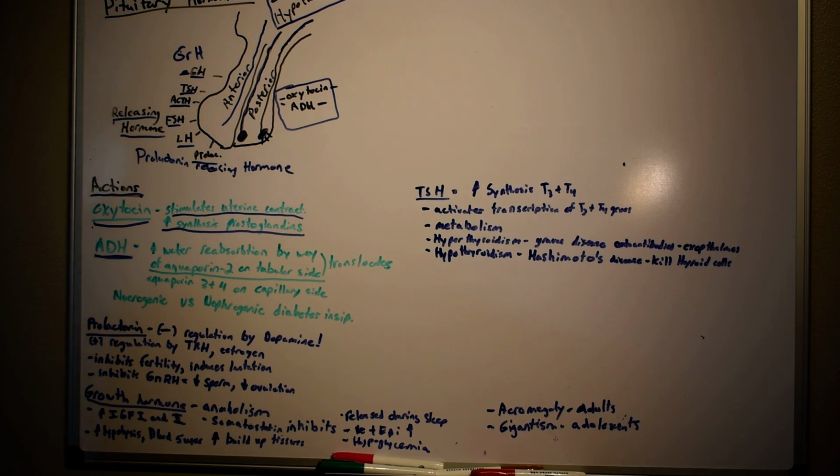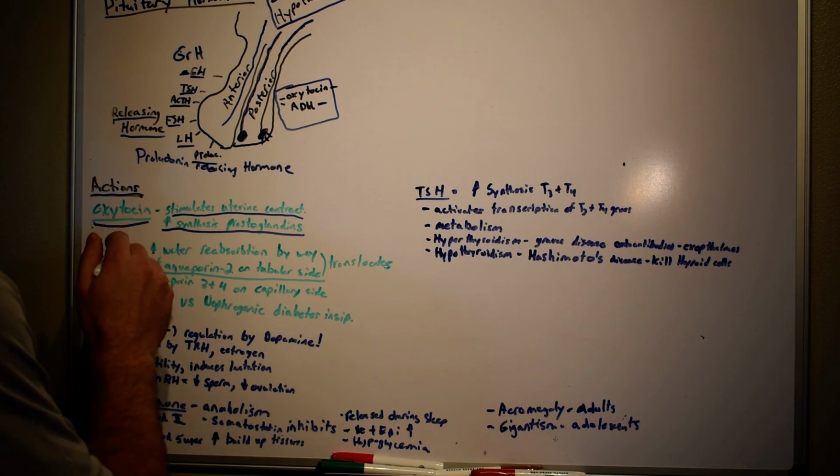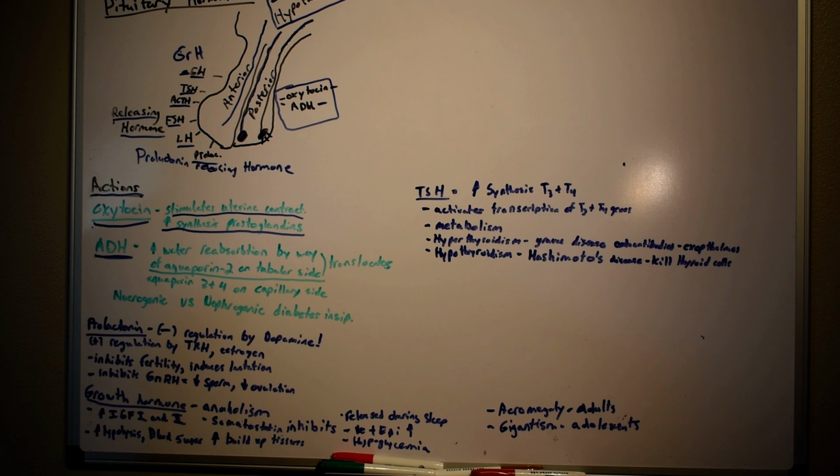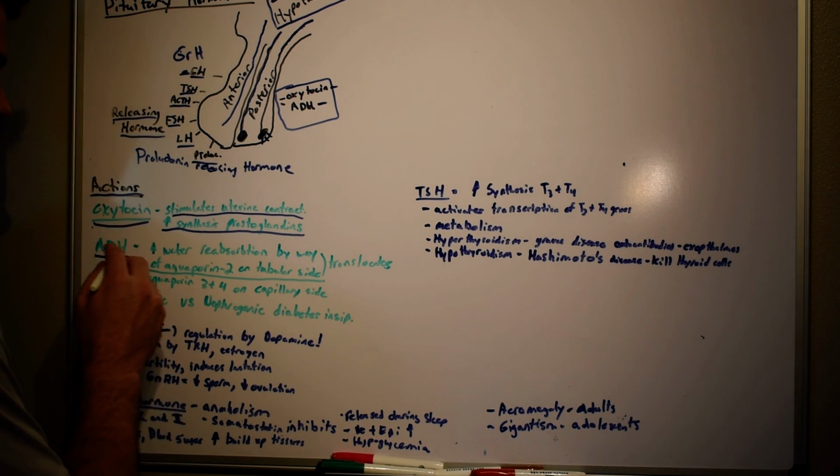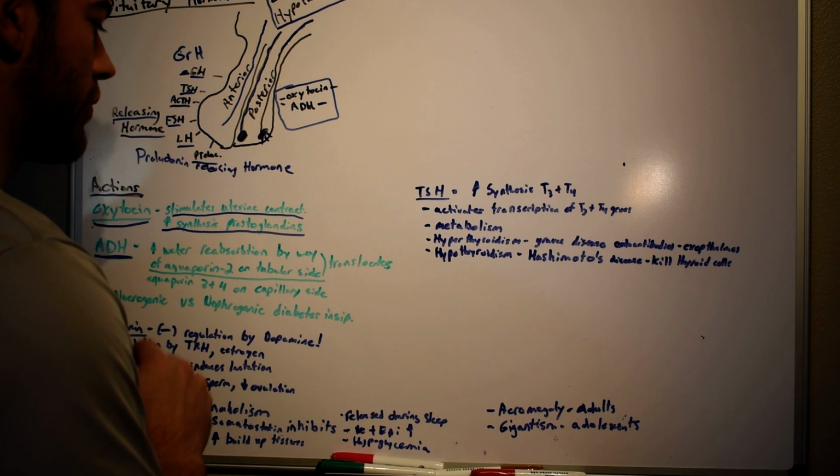So antidiuretic hormone we really covered extensively in the kidney lectures, but I think it's a good idea to briefly mention the mechanism by which it works on the kidneys. Okay? So what does antidiuretic hormone do? The way I remember this is I remember what diuretics do. So Lasix, one of the most common drugs in America, that's going to make you pee out water, right? So what's the anti of that, or the opposite of that? Well, we're going to increase our water reabsorption. We're not going to make as much pee. All right, so antidiuretic hormone increases water reabsorption.